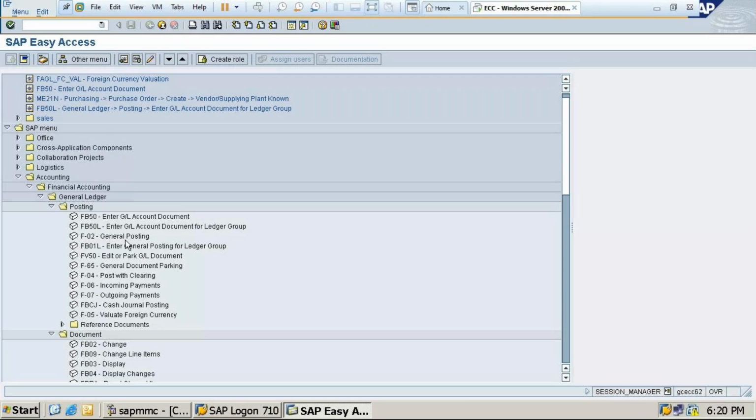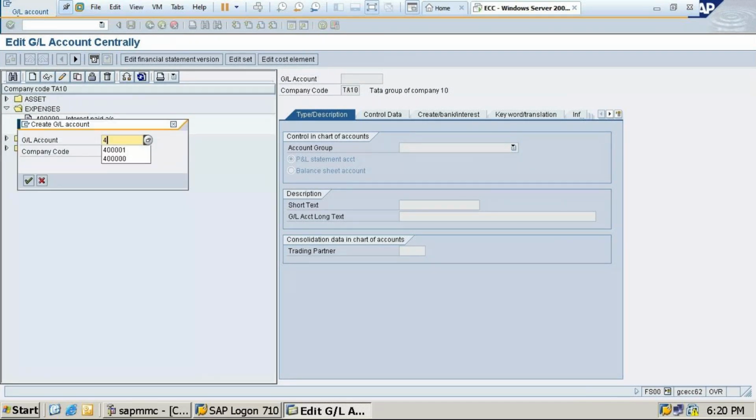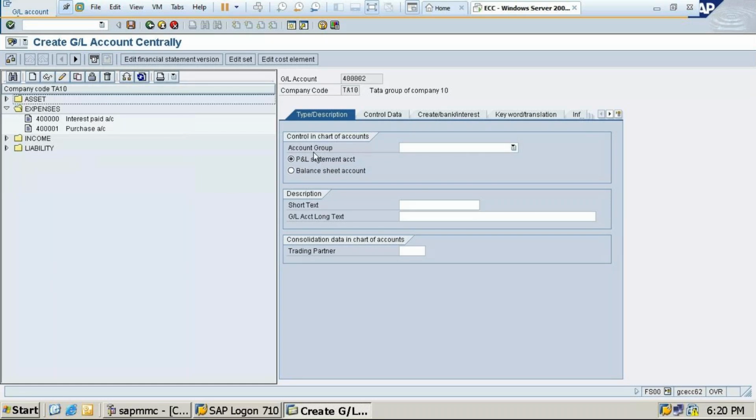What I'll do is create some. So slash n, FS00, press enter. I'll create some more GLs like advertisement expenses. 4 lakhs 2 I'm going to create. Let's take advertisement expenses. The company paid for advertisement.